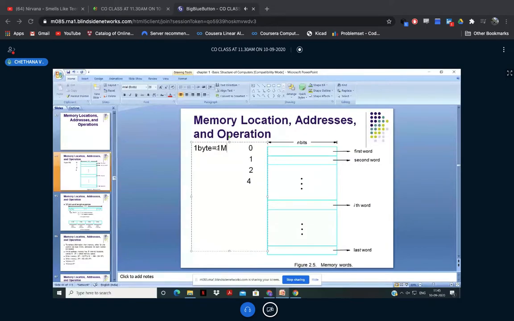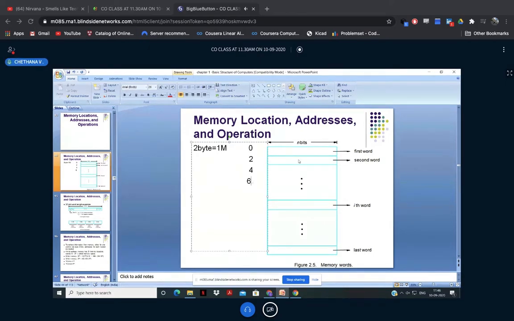Suppose I am going to store not 1 byte here, but 2 bytes. If it is 2 bytes in one memory location, what could the address be now? Your address next time becomes 2. 1 byte here, 1 byte here, so 2 bytes. So the next becomes 2, next 4, now next becomes 6. I hope you are able to understand. You are getting my point? Yes, you're getting my point.